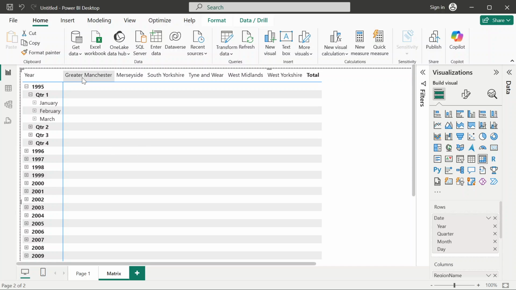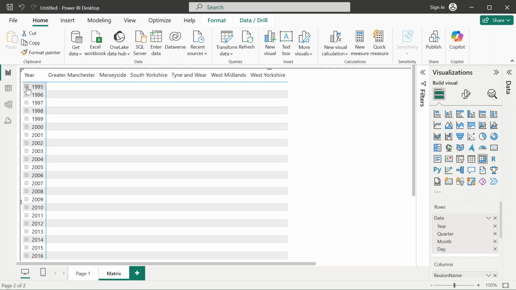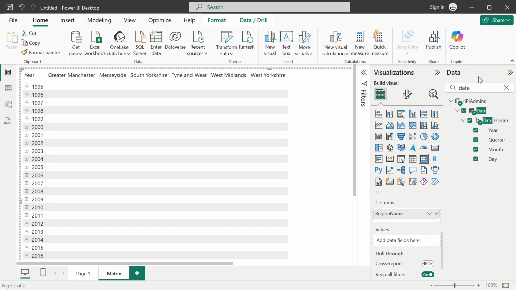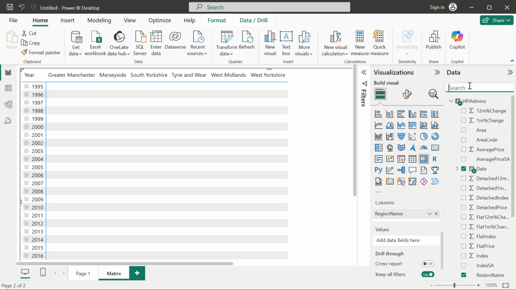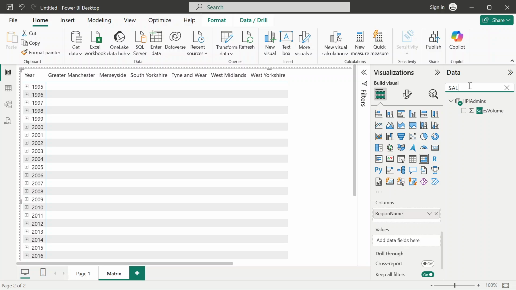Now for that particular region and for that particular year, for the date hierarchy, I want to check out a particular value. So Great Manchester 1995, I want some values here, right? Currently the values is empty. So what value I want is sales volume. If you go to the data and search for sales volume,